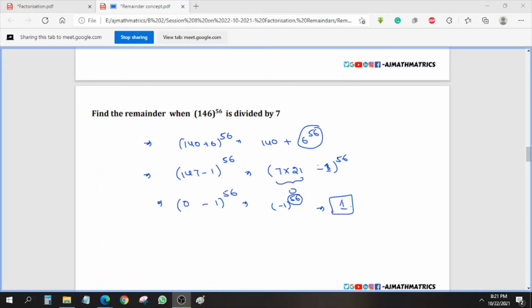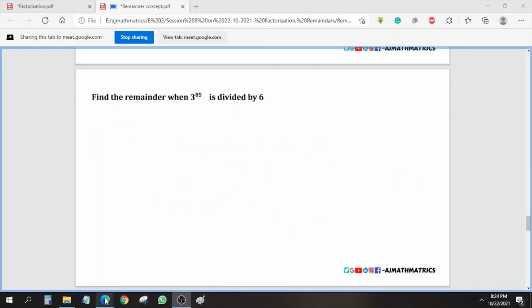So 1 by 7, 1 by 7 value is what? When you divide like this, 7 zeros are 0, we'll get the remainder as 1. So the answer for the question is 1 here. It's not a negative 1, it's a positive 1, guys. Next, by 6. Okay, so don't go with the traditional way, guys. If you go with the traditional way, then it will be very complicated.